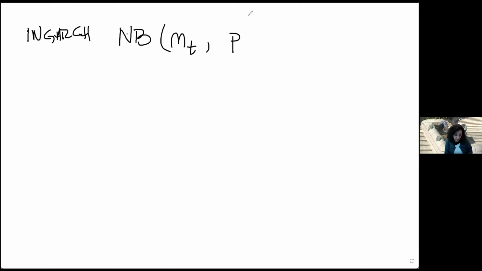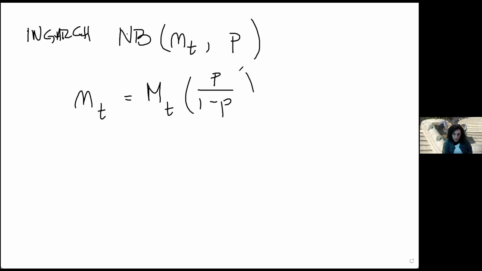Okay, well, I said that I can define an INGARCH1, say, with the negative binomial, say NTP, where now NT is the one that's going to be MT times P over 1 minus P, and MT again is beta 0 plus alpha MT minus 1, or a larger order